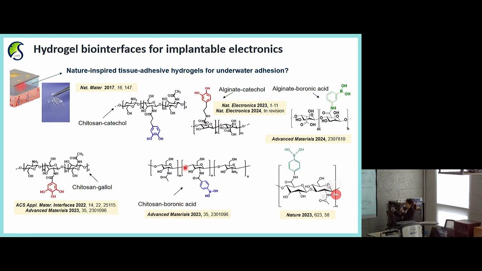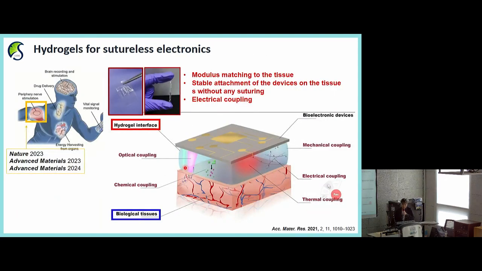Usually we use alginate catechol or alginate boronic acid and chitosan catechol. These types of materials can have adhesiveness for the bioelectronics, and let me show you the details in the next presentations. So today's topic is